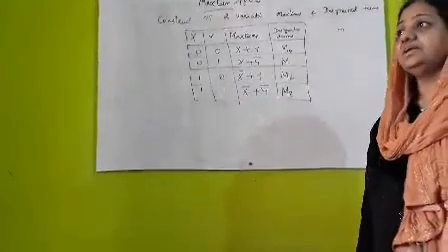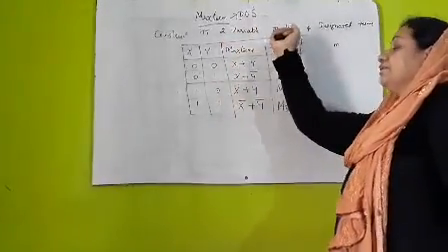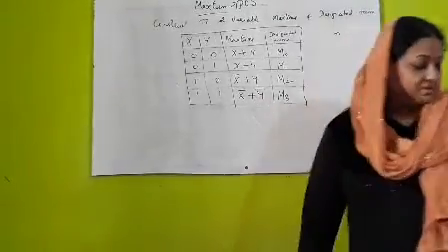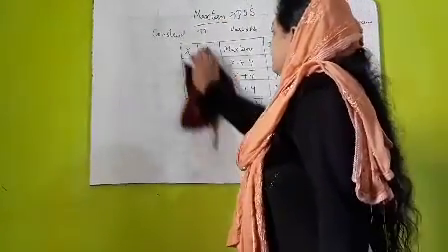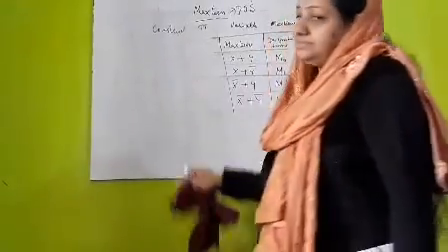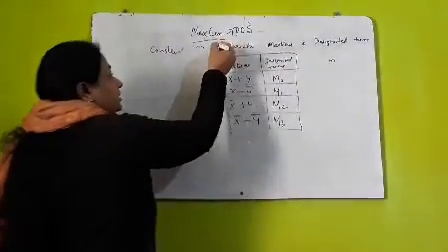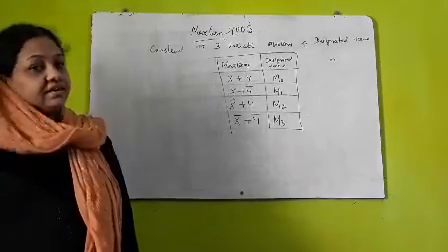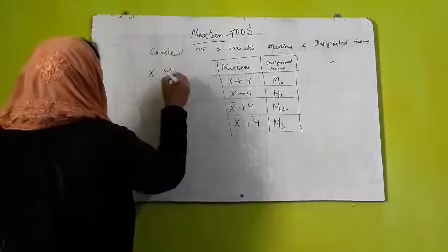Now let us construct a truth table for 3 variables, max terms and the designated terms. So same thing. So we will use truth table for 3 variables. So construct a truth table for 3 variables, max terms and the designated terms. So 3 variables we can take x, y and z.